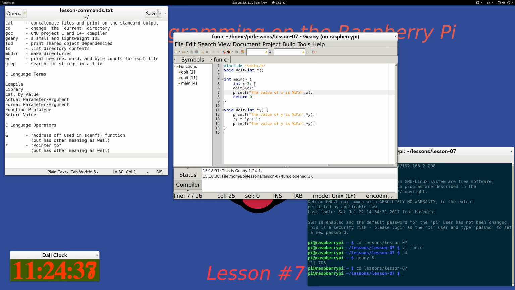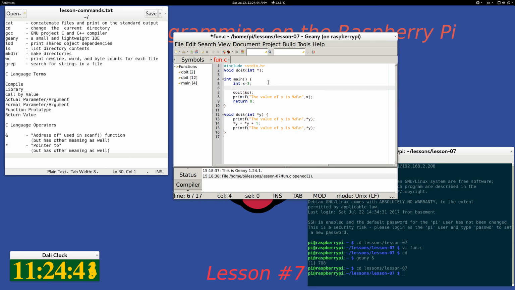But let's try printing out the actual address. So just before we call the function, we'll print out the address of x is